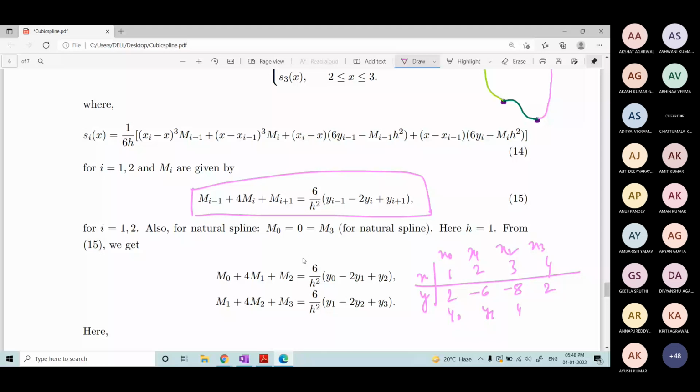Now, I know the method is a bit lengthy, but if you want an accurate answer, you will have to compensate for that. Remember, you are not solving a large system of equations. Obviously you will be solving a large system of equations if the number of data points is large, but your answer will be very accurate. So this is the idea behind cubic spline.